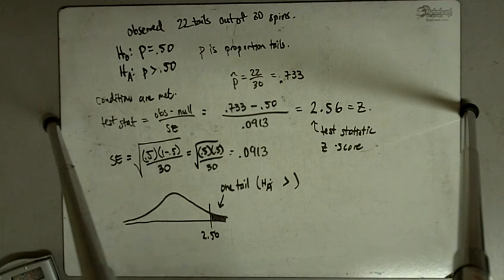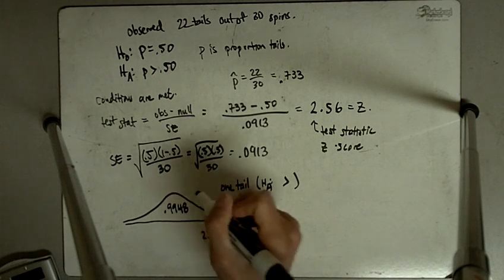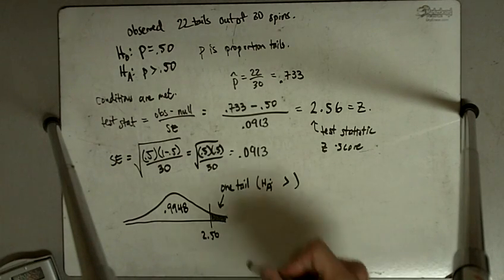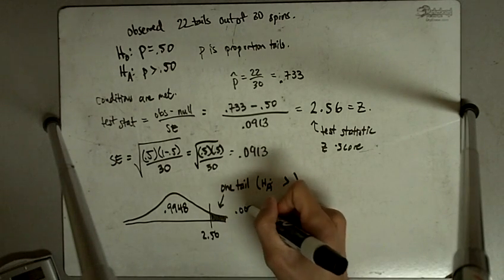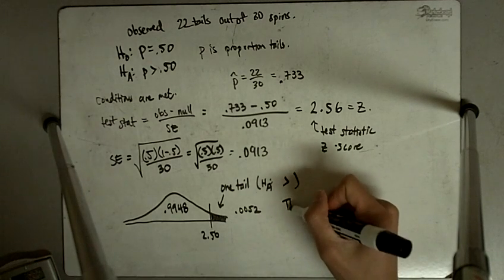and the number that I look up when I get 2.56 is 0.9948. So that means the area over here is 0.9948. So that means the area over on this side is going to be 0.0052. And so my p-value for this test, okay, the p-value